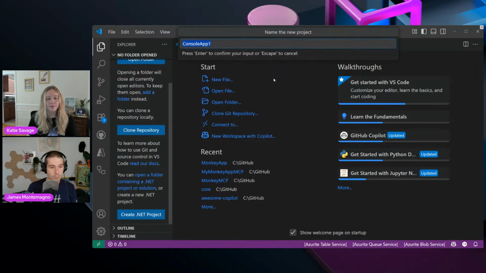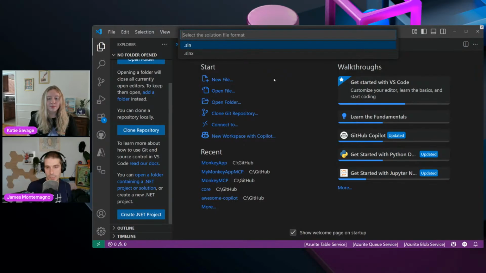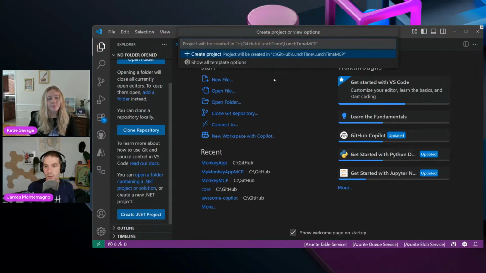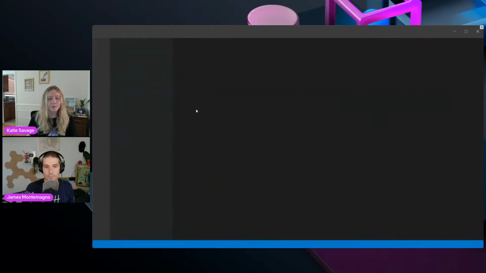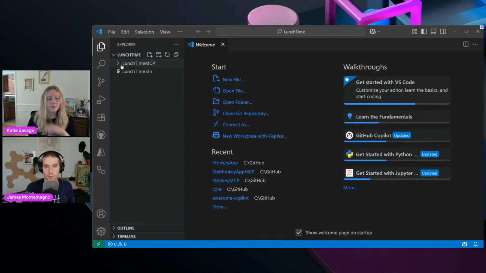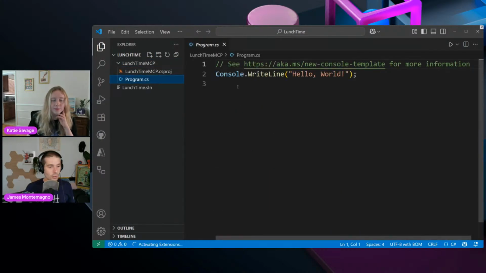So we're going to call this project LunchtimeMCP. So maybe in the future, I want to build a website or a console app or something else, but I'm just going to go ahead and use the default. So Lunchtime, and then LunchtimeMCP. So here we go. And here's my folder in Explorer. Boom. So Hello World. We're back at Hello World, Katie.